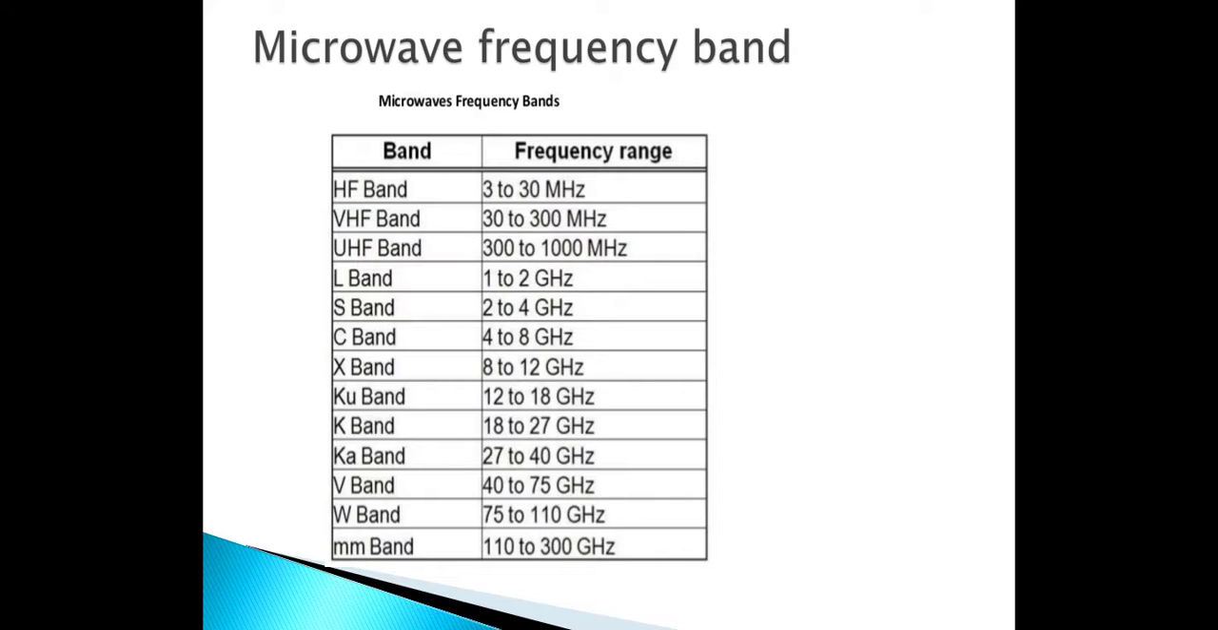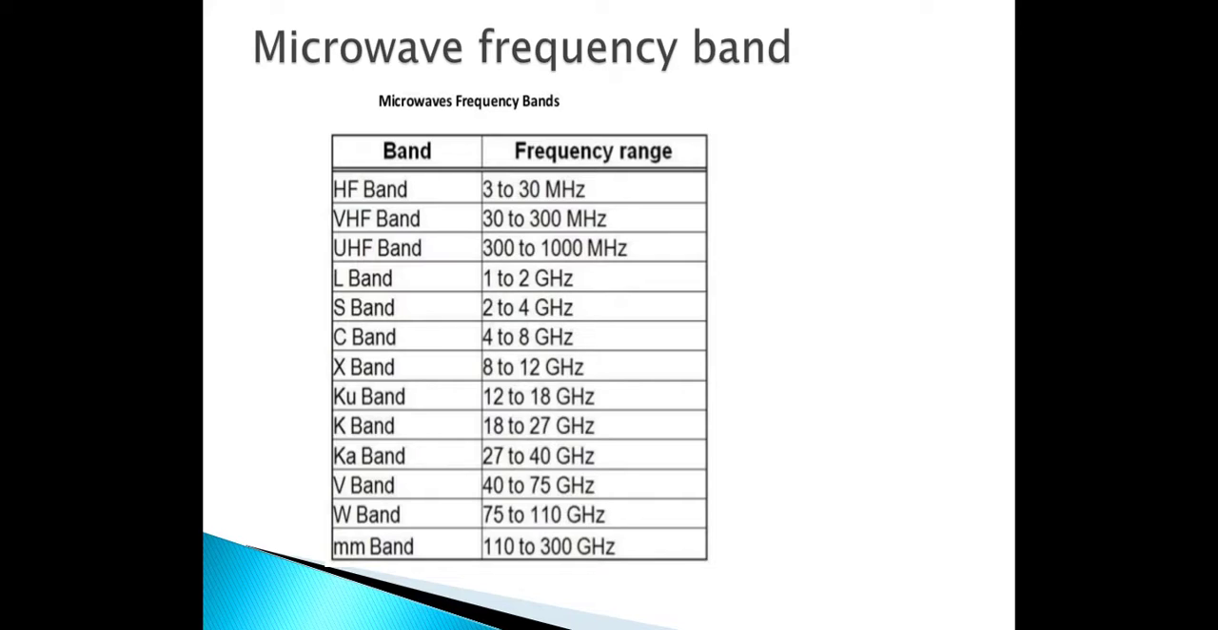Now the next part is microwave frequency band. So these are some of the bands which specify the range of the frequencies. So here HF band, which has the frequency range 3 to 30 megahertz, very high frequency band 30 to 300 megahertz, ultra high frequency band 300 to 1000 megahertz, L band 1 to 2 gigahertz, S band 2 to 4